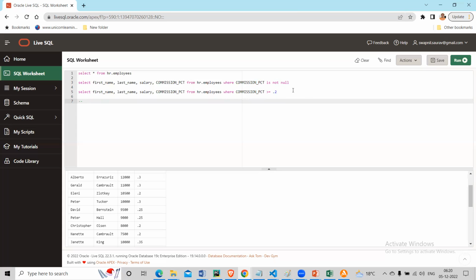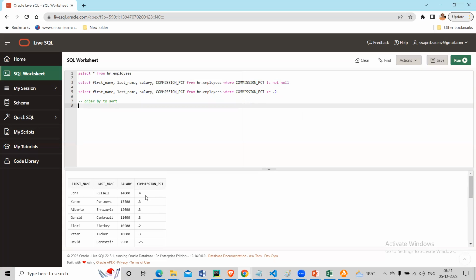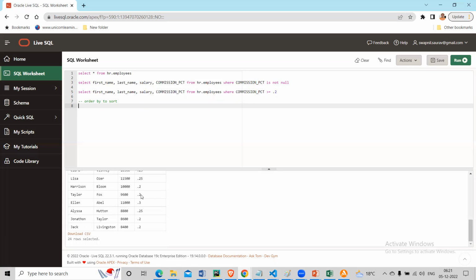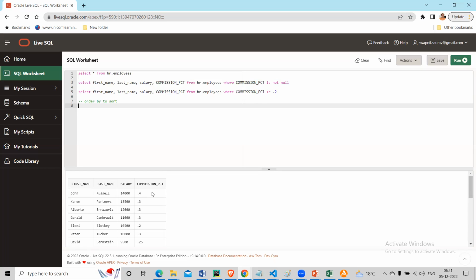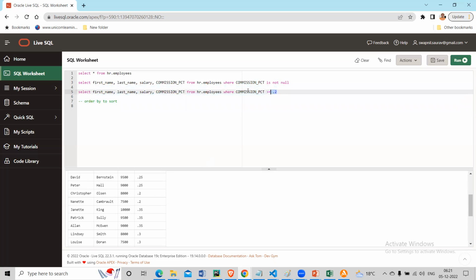So, see, the values that you are getting here are displayed in the order they're there in the database, right? So the 0.4, then you see 0.3, then you see 0.2, 0.35, because this is how the data has been entered in the database. But if you want to sort it, you can say,